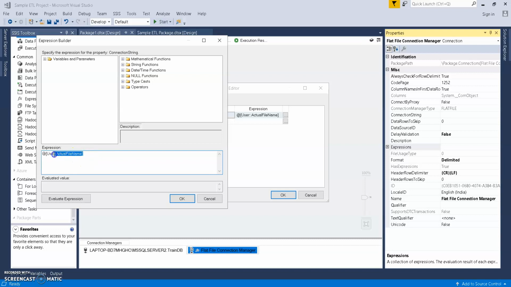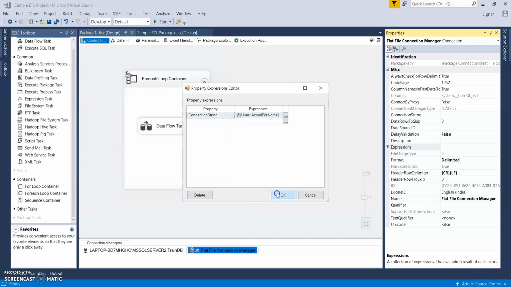The actual file name variable has the file path, file name and the extension. While running the for each loop container, that value will be stored in the actual file name variable. Then click OK. Then OK.